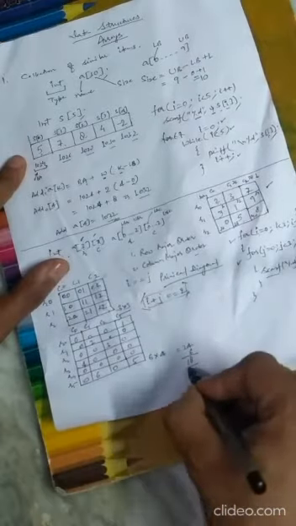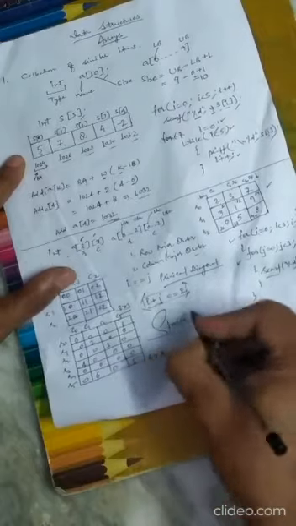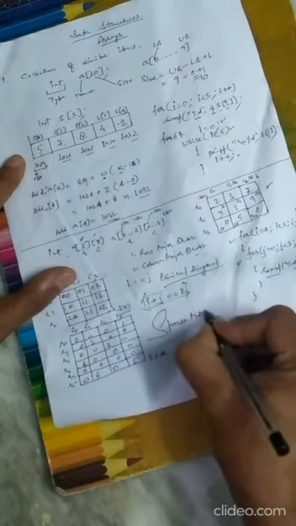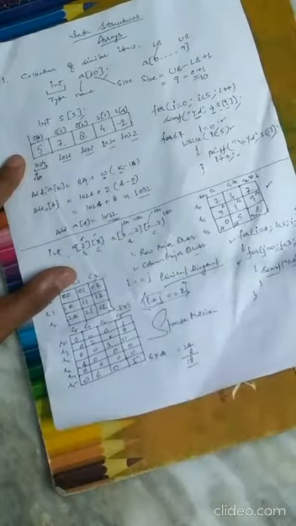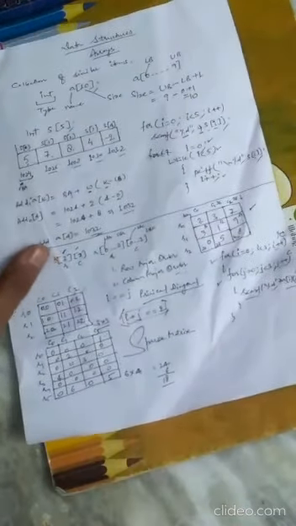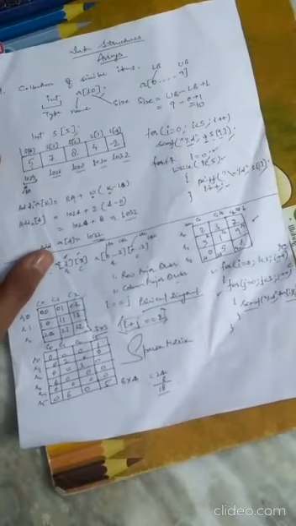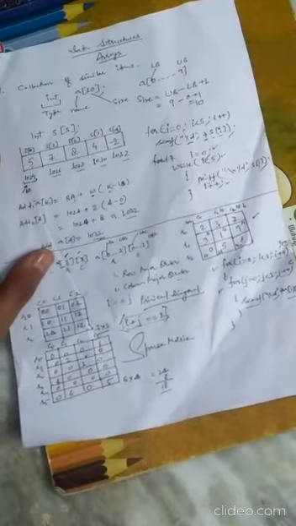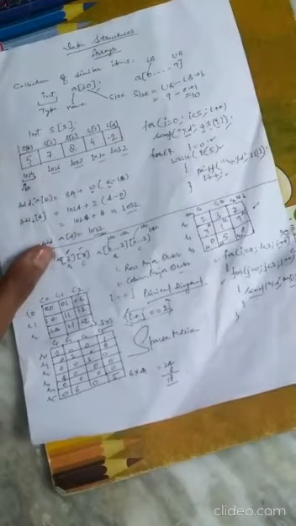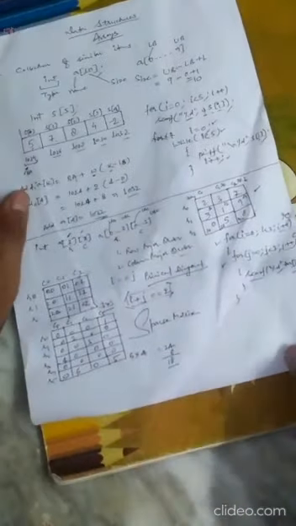Such a matrix which contains maximum zeros is called a sparse matrix. What did I say? A matrix which contains maximum zero entries and minimum non-zero entries is called a sparse matrix. And its reverse is a matrix which contains maximum number of non-zero elements and zero elements are very few in number. Such a matrix is called a dense matrix. So there are two types of matrix, sparse matrix and dense matrix.